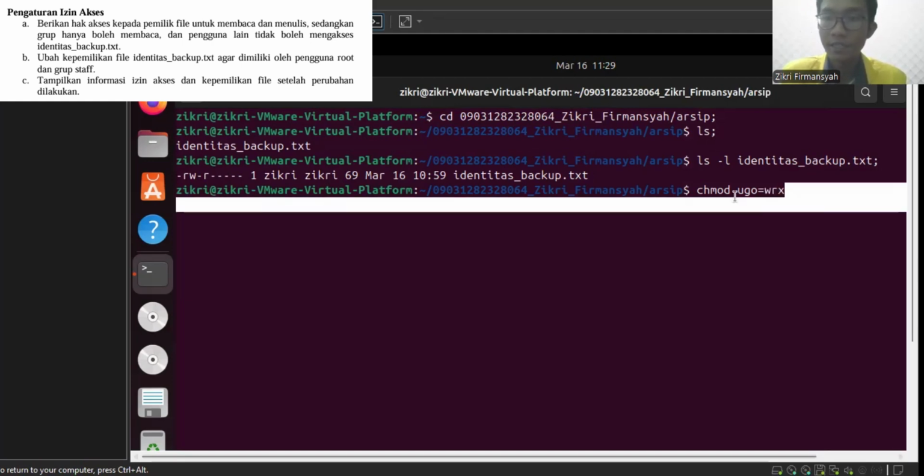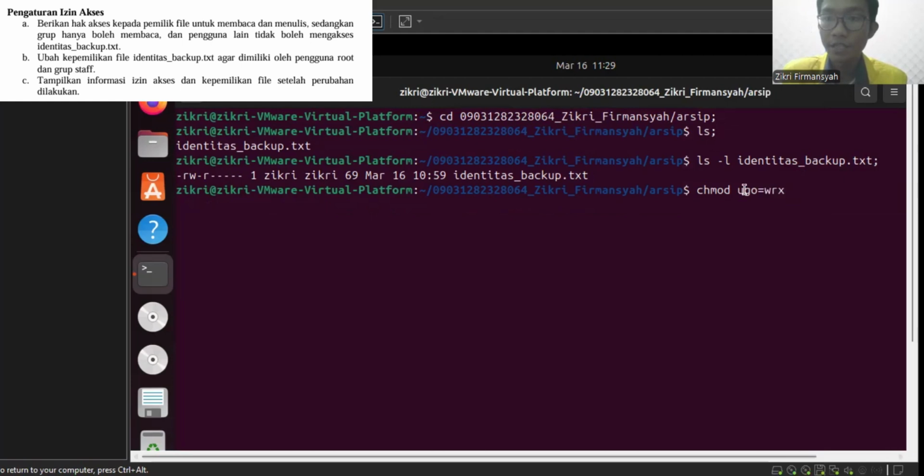For this syntax, it means user, group, and others will change permission into write, read, and execute. Let's try identitas_backup.txt.